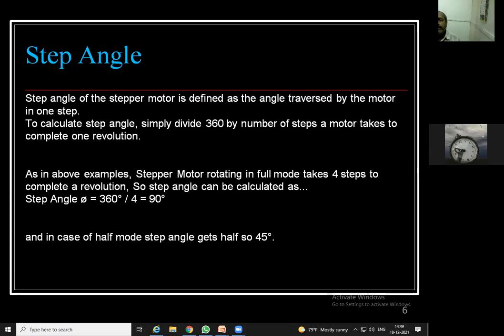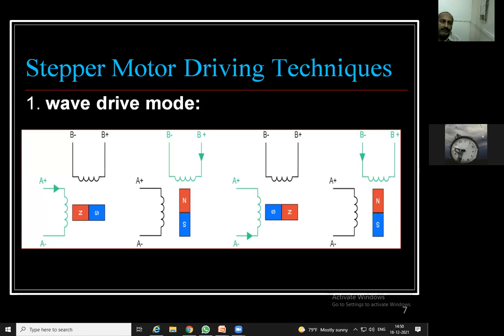It depends on how many coils are used, and there are different ways, for example if you want to rotate by a 4-degree angle or an 8-degree angle, how you are going to energize this particular coil. Because, as we have gone through, it consists of electromagnetic coils, and by energizing them we can rotate the rotor through a particular angle. In this example, the full mode is used. Which modes are there, we will check in the coming slides: half mode, full mode, and wave mode.